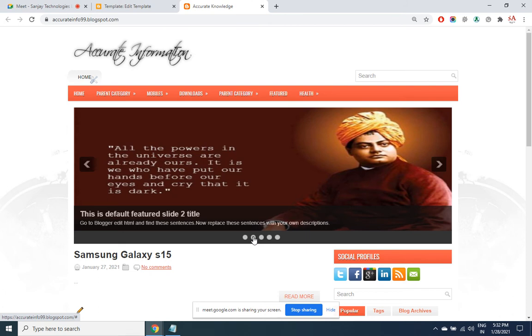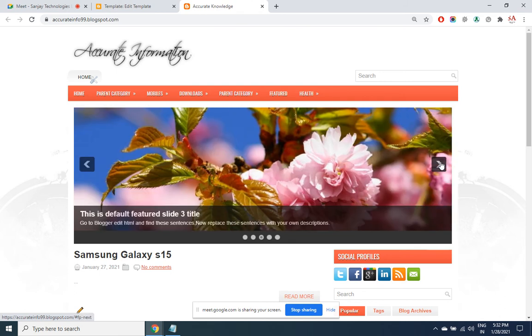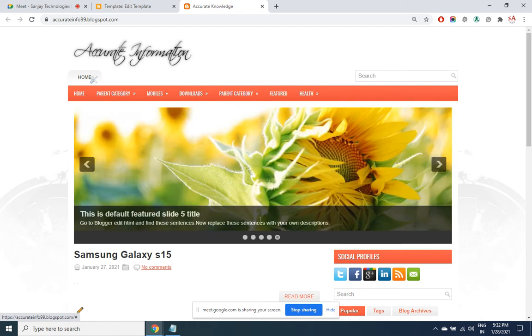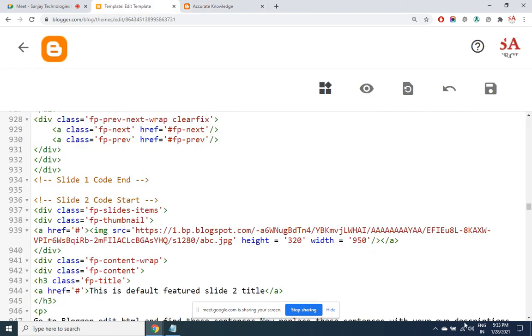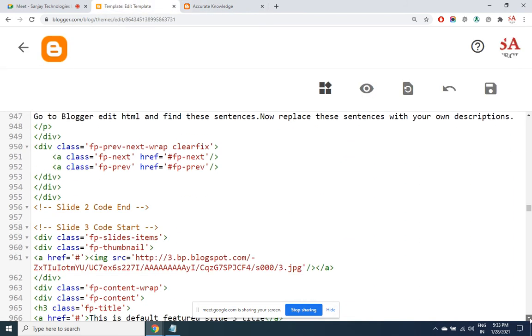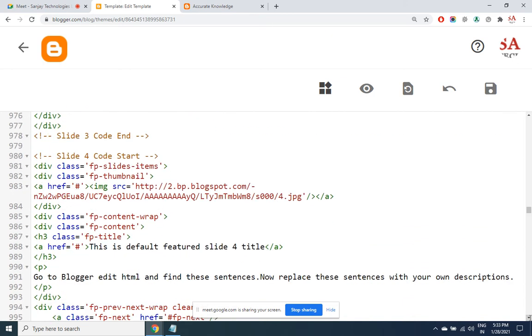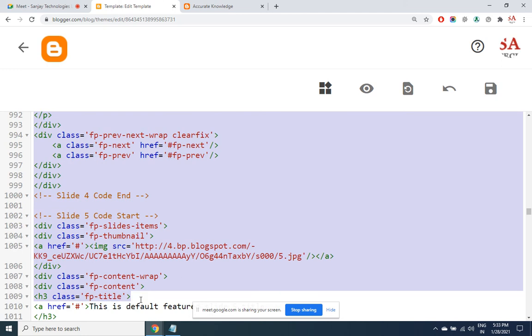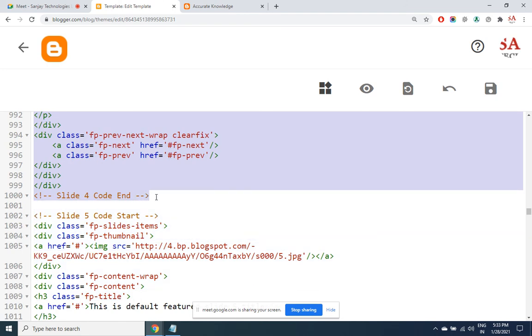So like this you have to adjust each of the images in the slider. Once the dimensions are clear for any slide, the same dimensions you can repeat for each of them. I want to add an extra slide to this. It's nothing but copy paste. Let's say slide 4. I start from here till it shows slide 4 code end.